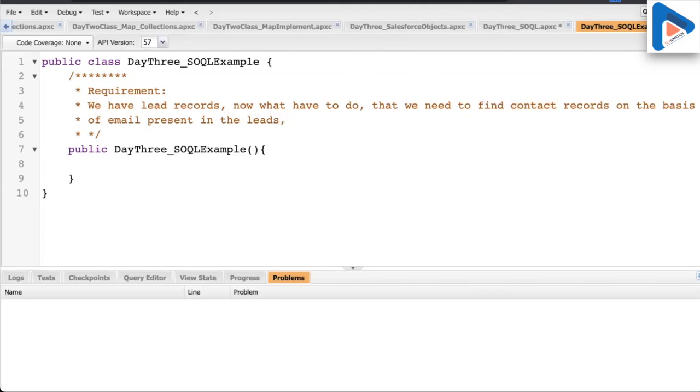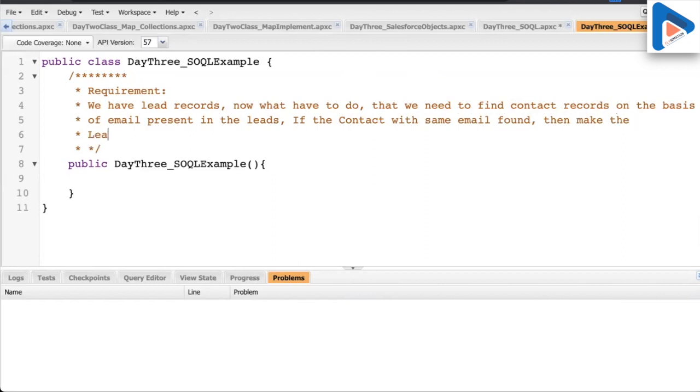If a contact with the same email is found, then make the lead's possible duplicate equal to true. Means actually the thing is that what we have to do, we have a lead record, so we need